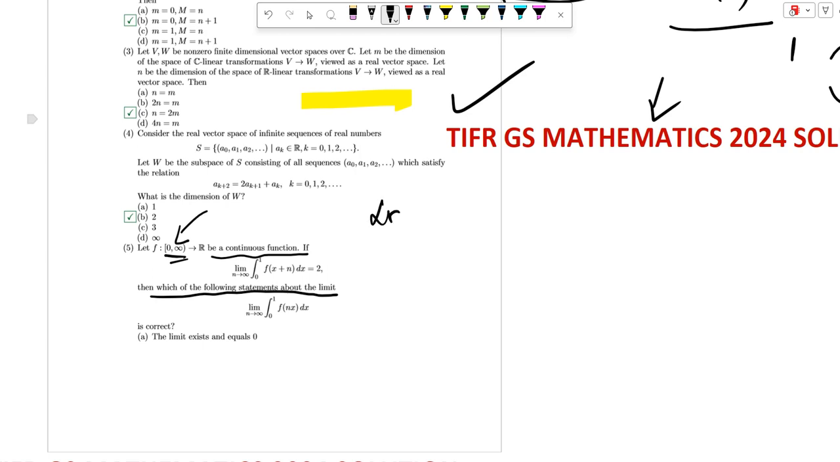So the limit as n tends to infinity of the integral from 0 to 1 of f of x plus n dx is given as 2. So the condition implies that as n approaches infinity, the integral of f of x plus n over the interval 0 to 1 converges to 2. So we need to determine the behavior of the limit as n tends to infinity of the integral from 0 to 1 of f of nx